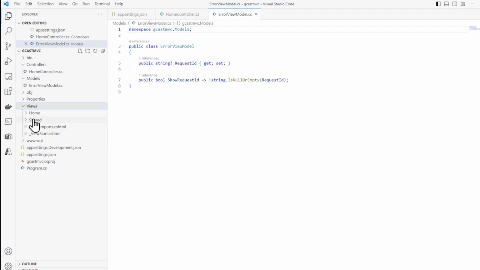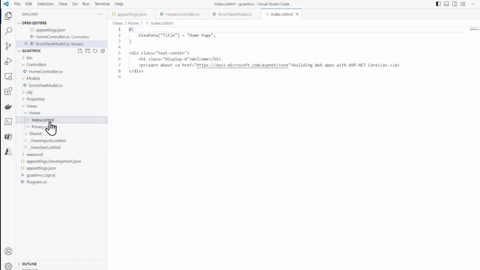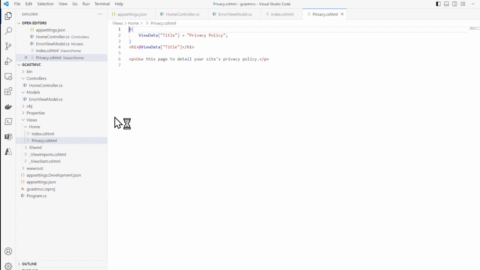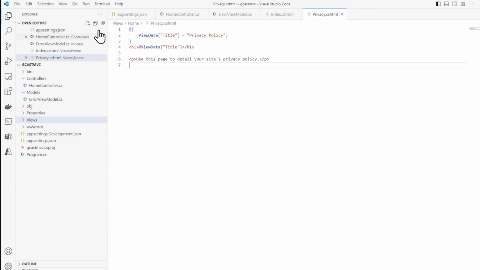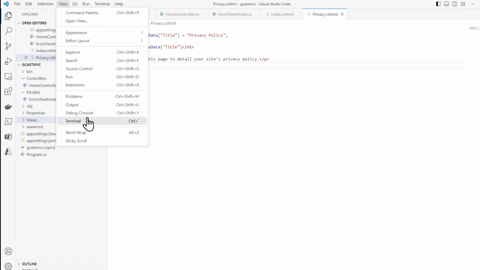There's a view for the various pages. There's my home page right here. There's my privacy page, etc. So all that stuff was created. And now if I go back to my terminal,